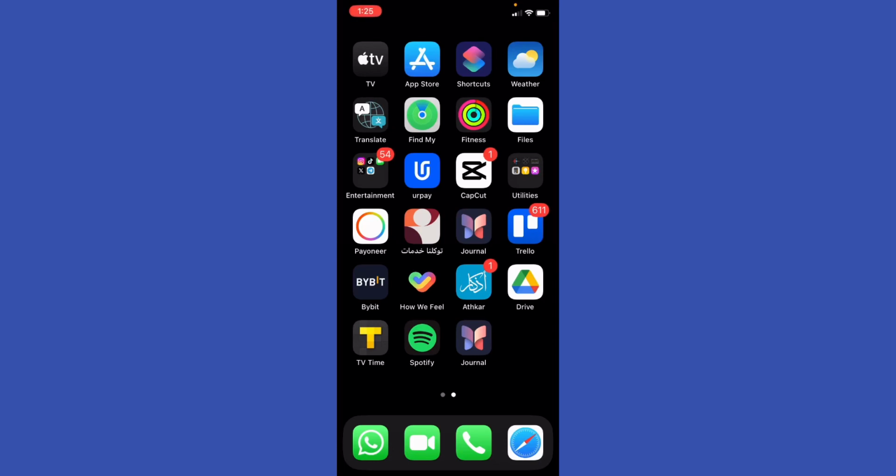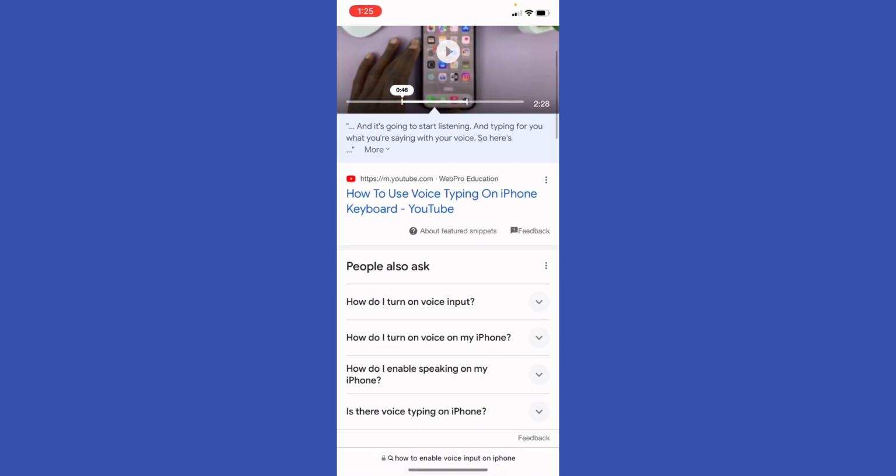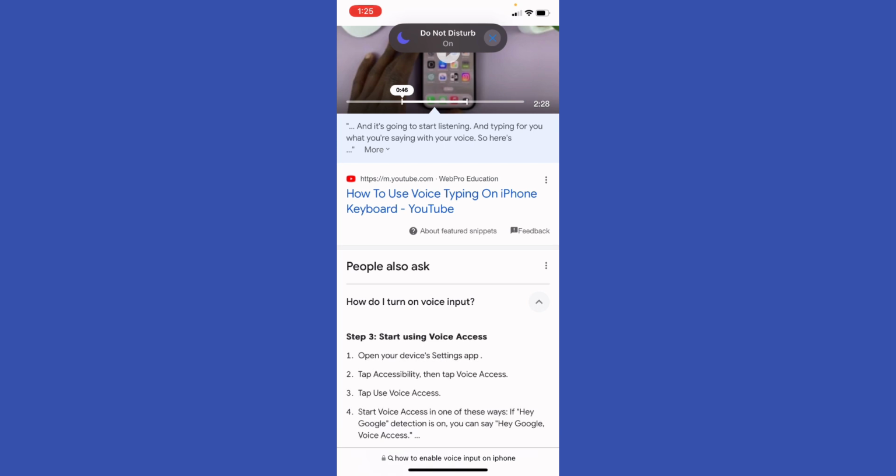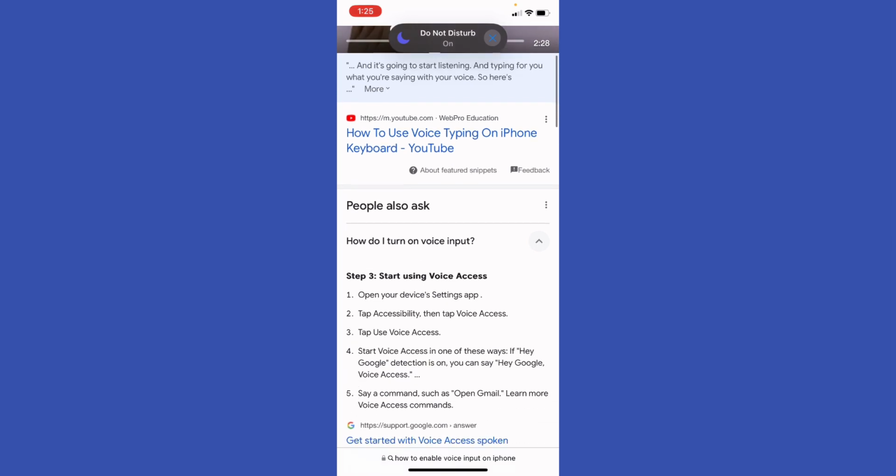My name is Adam. Today I'm going to show you how to enable voice input on iPhone. So first of all, open up your browser and make sure that your iOS is fully updated to the latest version. Now, if you want to turn on the voice input, go to your device's